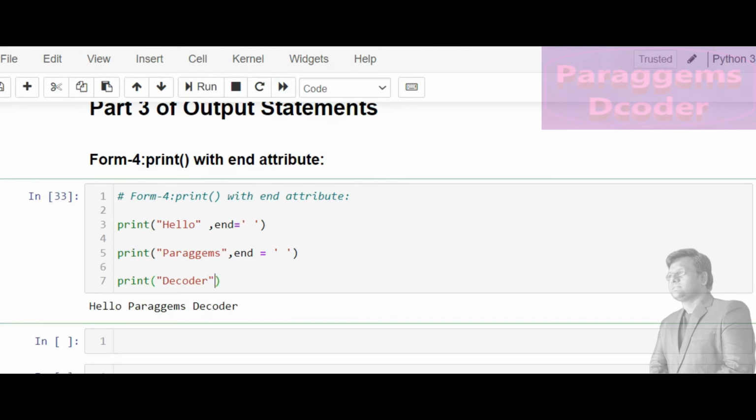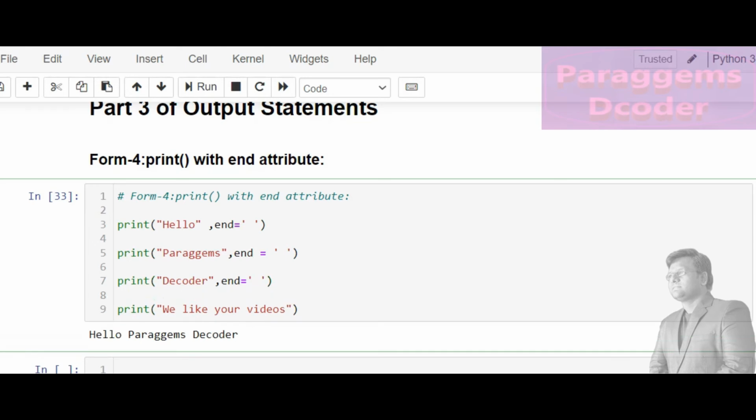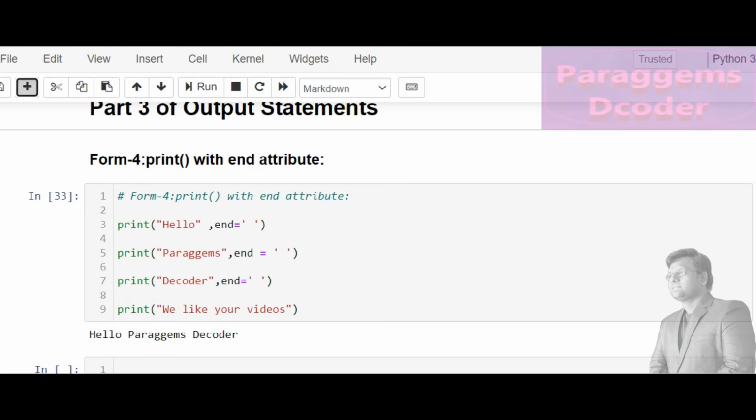And suppose I give another print statement here and we will print something new here. We like your videos. We will define this string here. See, I have added one line more here. Now we will see